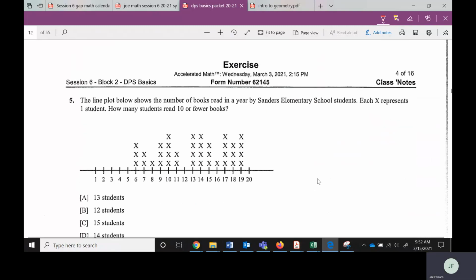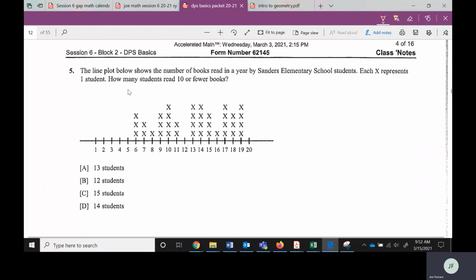Again, another hint of one. Number 5. This is a line plot. It's kind of like a bar graph, but there's just no scale over here. It shows the number of books read in a year by Sanders Elementary School students. Each X represents one student. How many students read